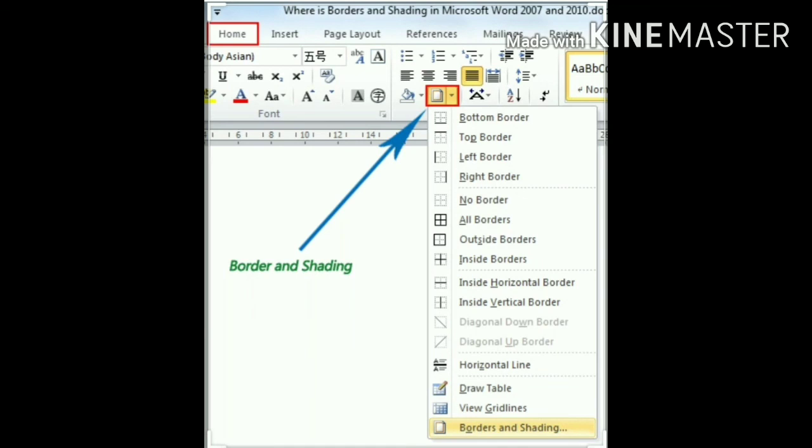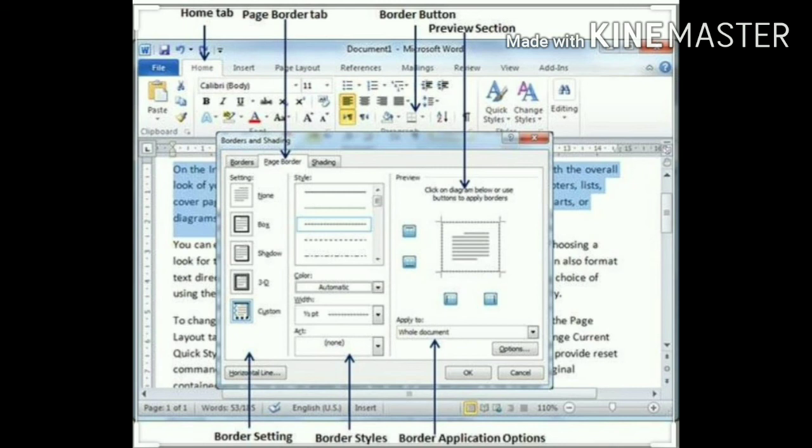How to add borders and shading in the table. Editing borders in a table. To add borders, follow the given steps. First, click the table. Second, click the Design tab. Third, click Borders from the Table Styles group and a drop down list appears. Fourth, click Borders and Shading, a dialog box appears. Fifth, choose style, color and width of the border. Sixth, click on the OK button.